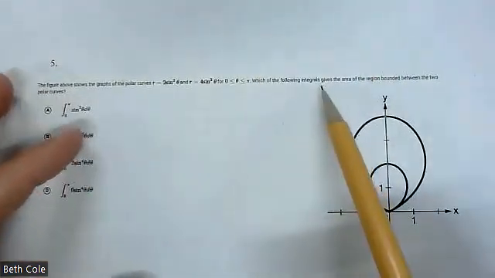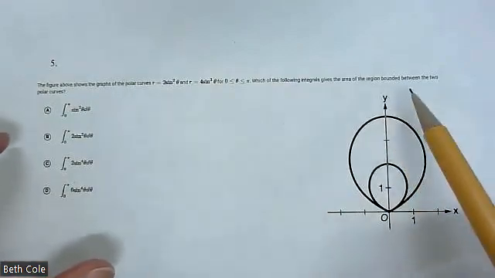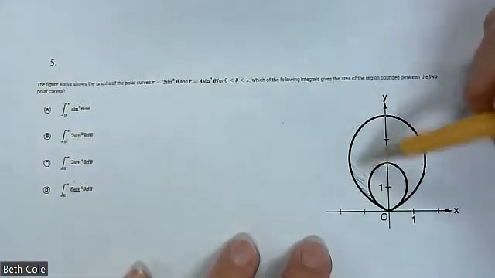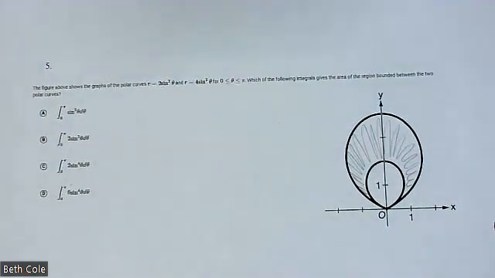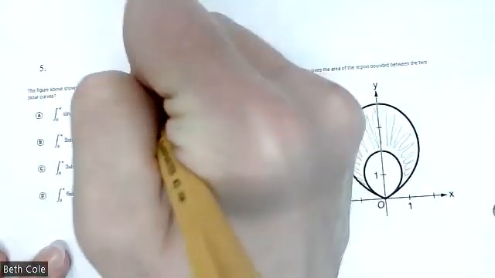So they give you these 2 graphs. Which one of these integrals gives the area of the region between them? So we're actually looking for this area and we're not even finding it. It's just the setup. Okay. But isn't that cool? We're finding that area. Neat. Okay. So 1/2 integral